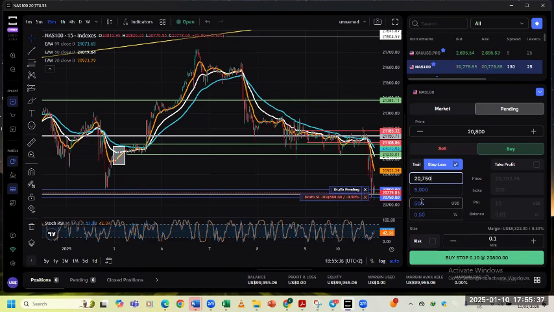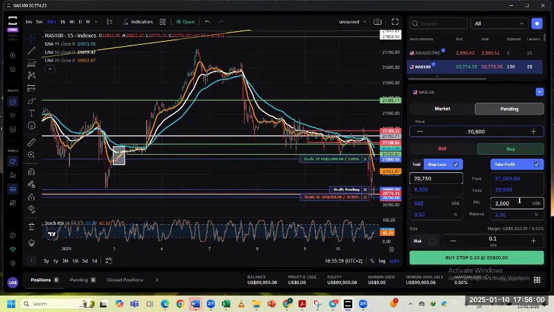Again, you are risking 500 because you plan to make 2,000. Your take profit, you're hoping to make 2,000. Now, are you always going to make the 2,000? No. You may not always make the 2,000. But at least that's the projection. So if I change the lot size to 0.01,